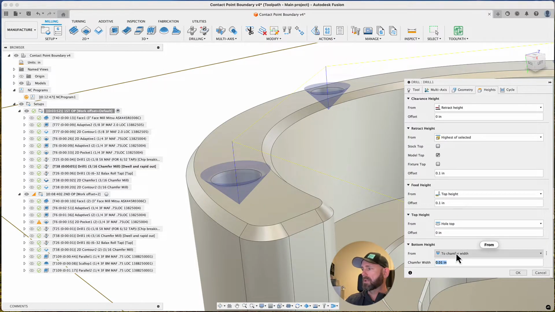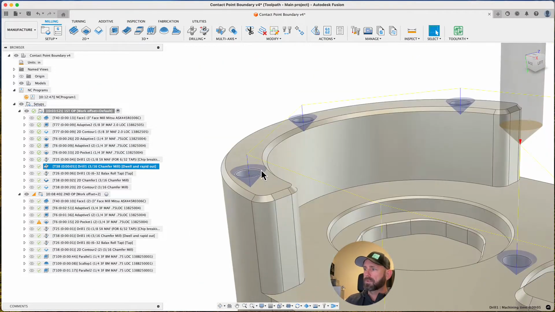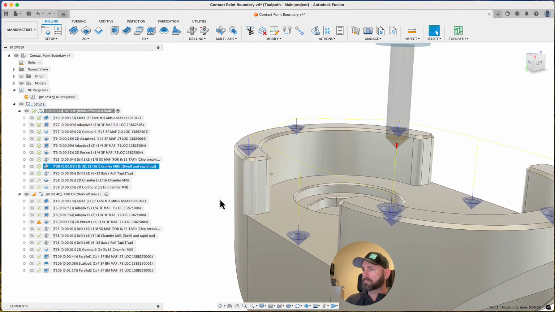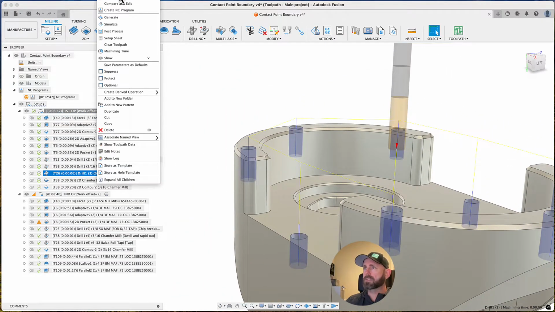But here I'm going to go chamfer width 10 thou and hit OK. So if we zoom in there, you can see a 10 thou chamfer. And then for the tap, let's set the bottom for the tap